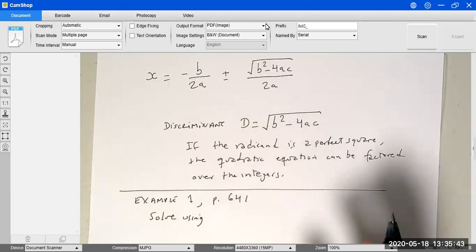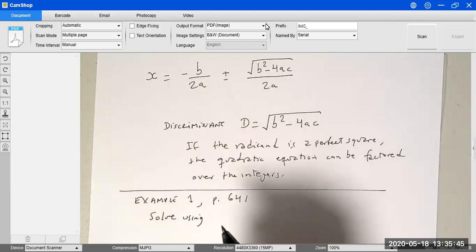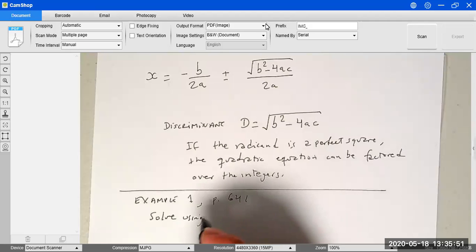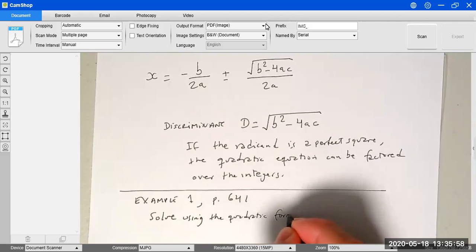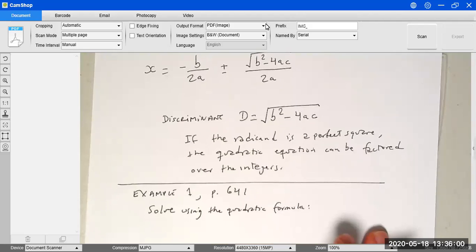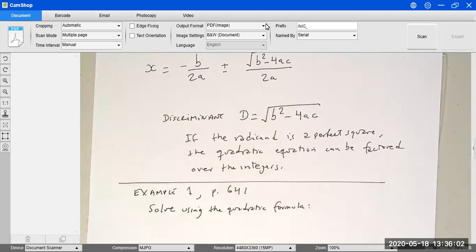You can use the quadratic formula, you can do factoring, you can use the completing the square method. So in this case, we're going to solve using the quadratic formula. And the equation that we're going to solve is